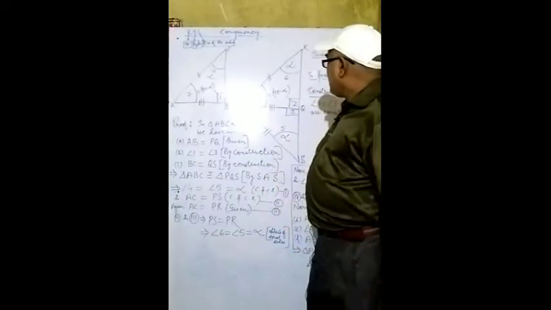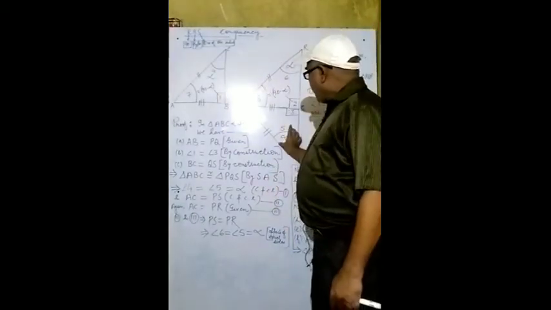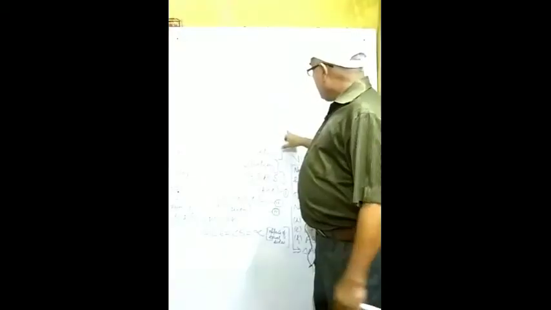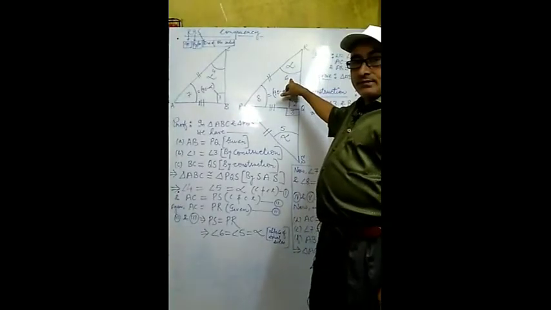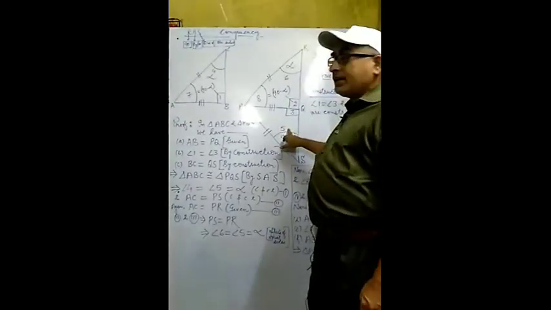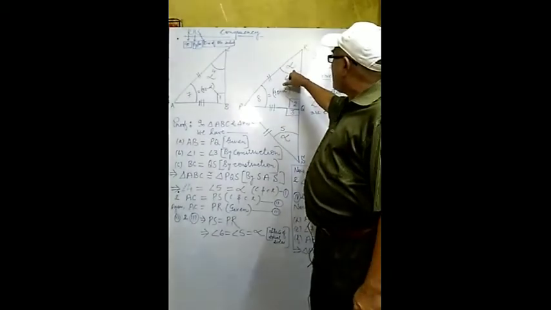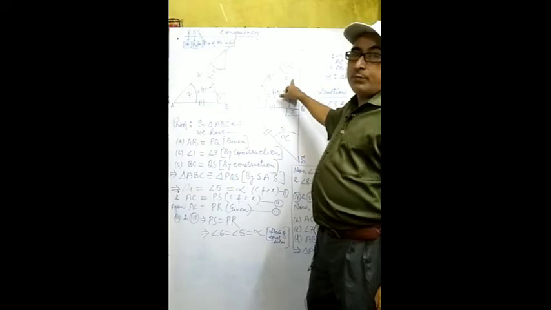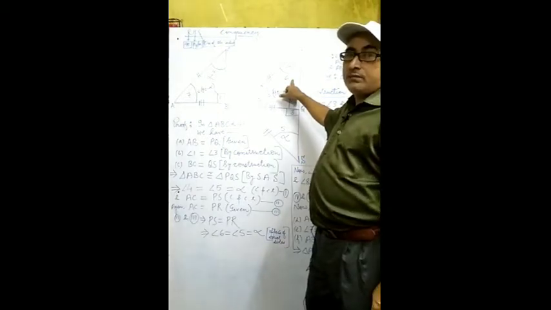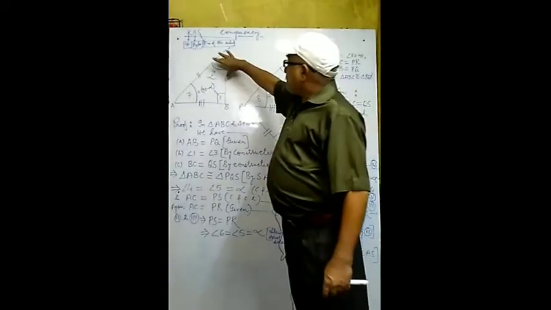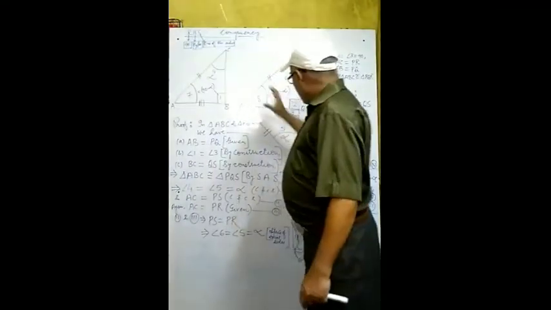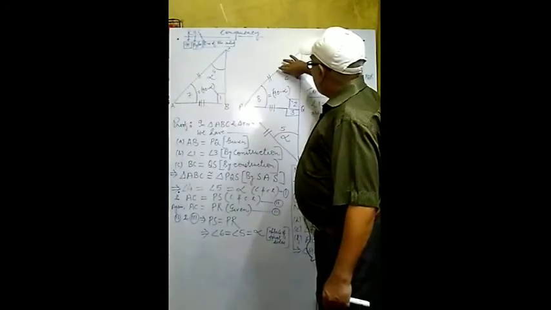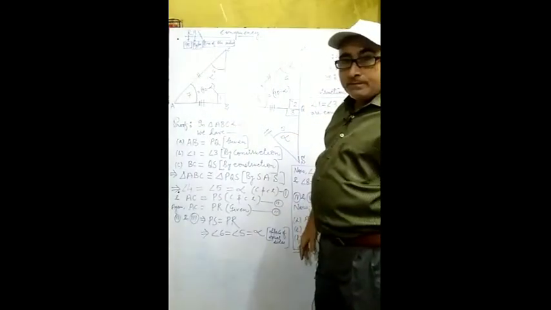So which are the opposite angles? Opposite to this side is angle 5 and opposite to this side is angle 6. Now angle 5 will be equal to angle 6. Angle 5 is already supposed to be alpha. So what will be the value of angle 6? That will also be alpha. Without any confusion you may say. Now see, this one is alpha, equal to this one by CPCT. This one is equal to this one by the isosceles property.